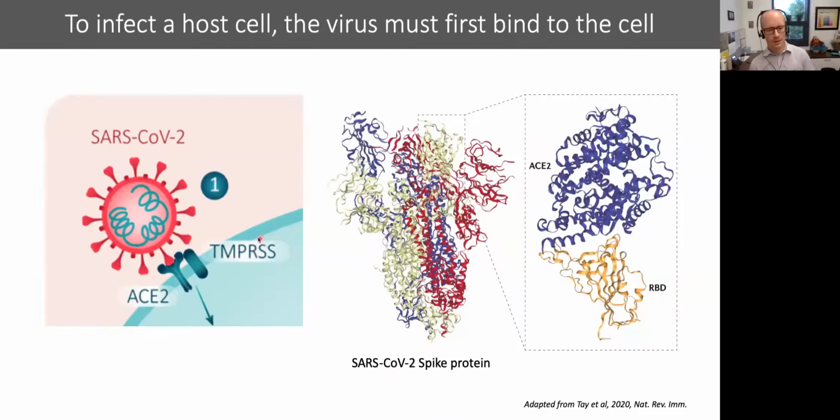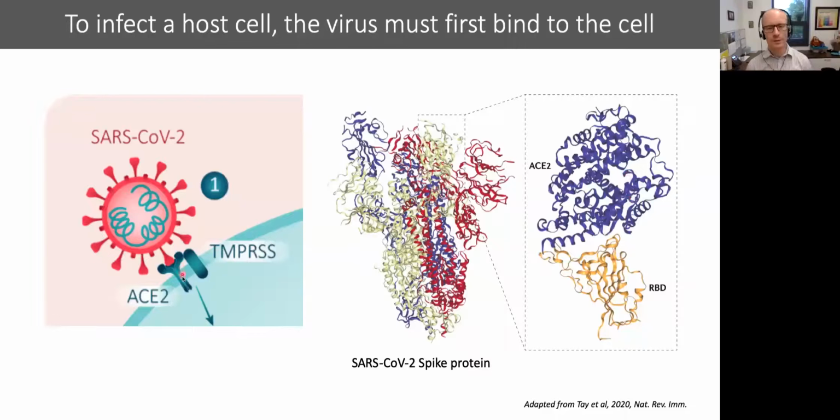So you remember the spike protein that we were talking about before. The spike protein is the viral protein that binds to ACE2 and interacts with TMPRSS. And we can see a structural model of how those two proteins might interface, if you're familiar with looking at ribbon diagrams of proteins like this. So what is this ACE2 protein?